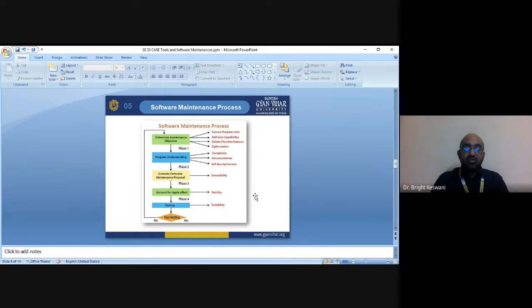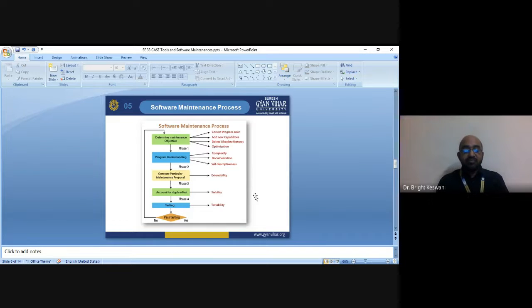A top-down waterfall model has been widely accepted by the software community, while the spiral model has received considerable attention, and there is a risk analysis related aspect.